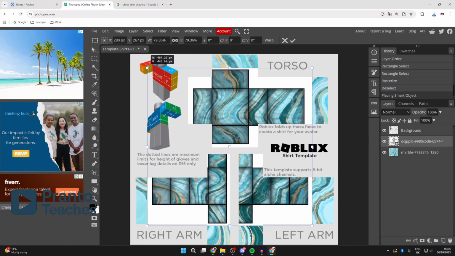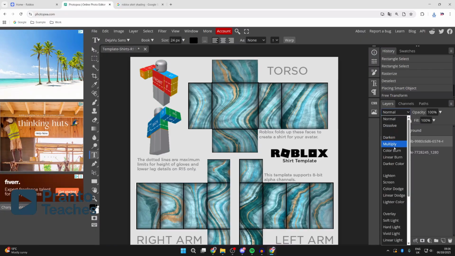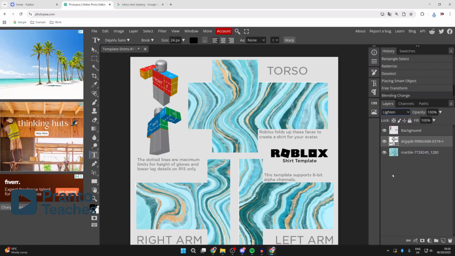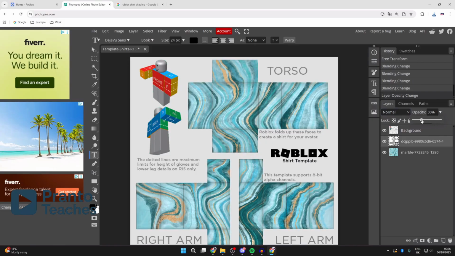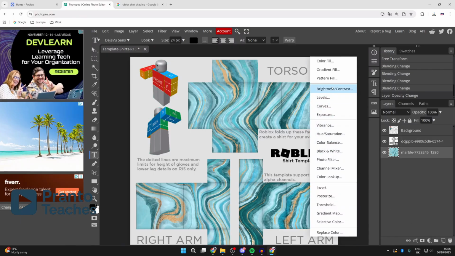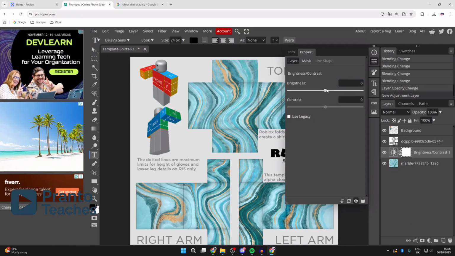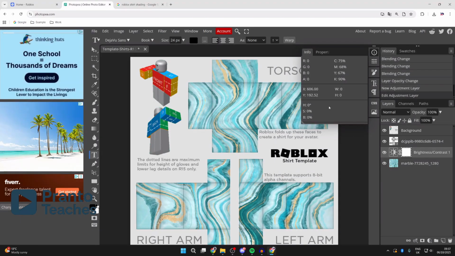And then what you can do is go and resize it so it fits. I do find that a little bit intense. So what you can do is have it selected, and you can go and choose how you want to layer it. You could go and have lighten, for example. You can also just go and decrease the opacity as well to make it more transparent. Also, I'll just go and select the texture again. You can then come to the bottom and use adjustment layers, and you can choose like brightness and contrast, and make it brighter and adjust it to your liking. So you can keep on working on this, adding in different layers, different textures,